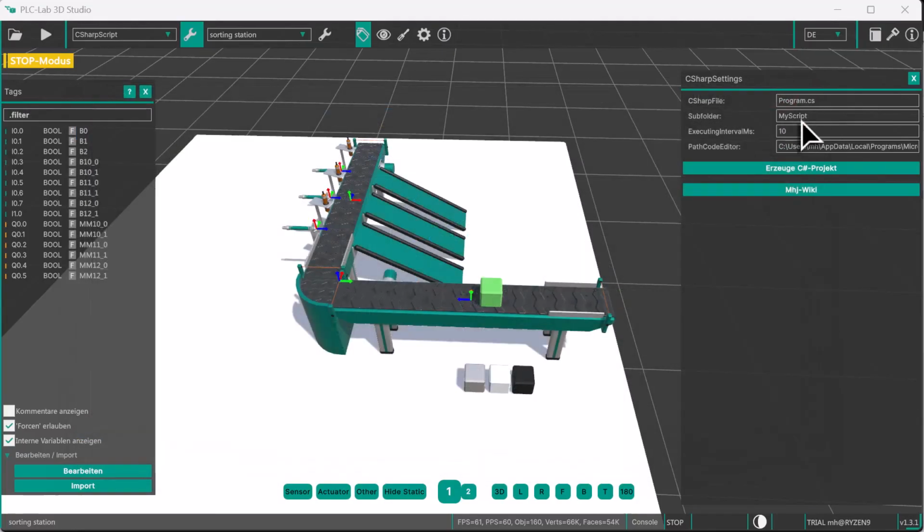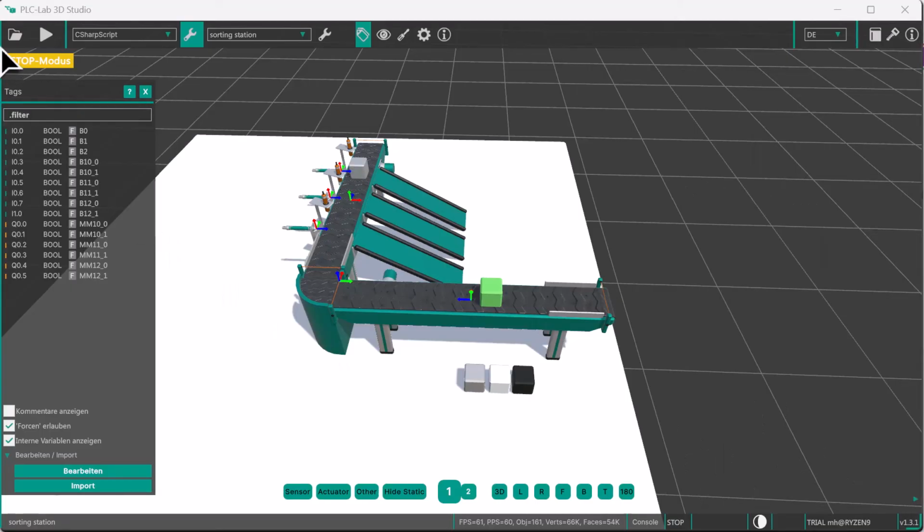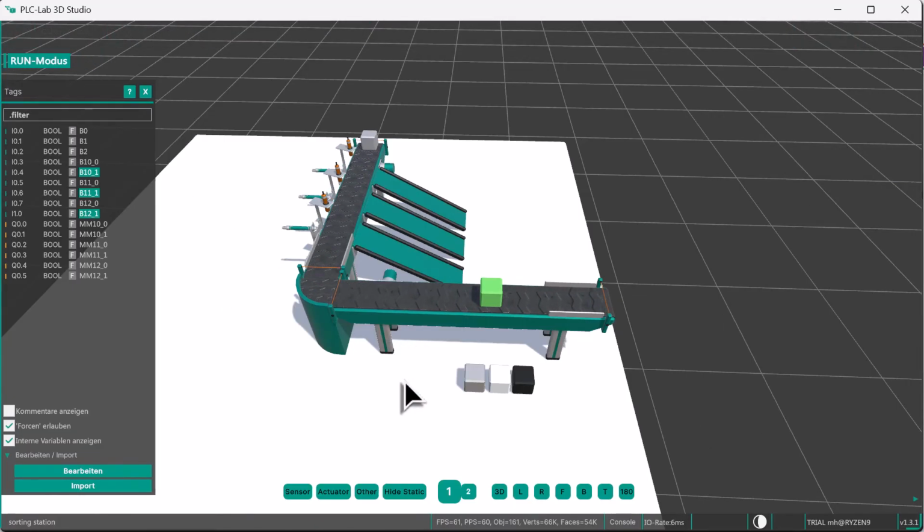So that's it. Now we can start the simulation and check if we did everything correctly. I'm excited to see this. We start the simulation with this button and then can insert work pieces by clicking on the child objects of the creator. We see that there are problems with the metal cube. Let's take another look. I'll click on the cubes again. It doesn't get any better the second time around.